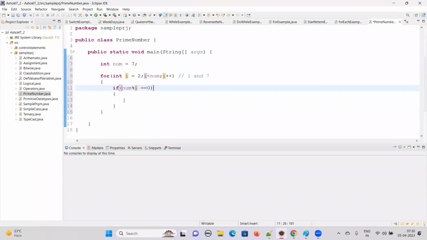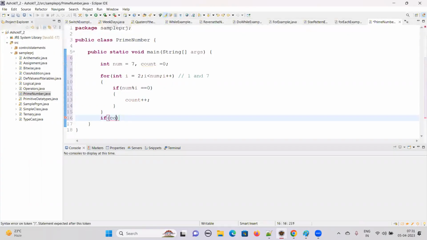If anything leaves 0, then it's not a prime. So for this, what we are going to do is take a count. We'll take the count as 0 and count how many iterations divide evenly, meaning how many values make it divisible by that particular number and leave 0. Those are the things we are going to count here. So if this count is incremented, then we can go and check here if count